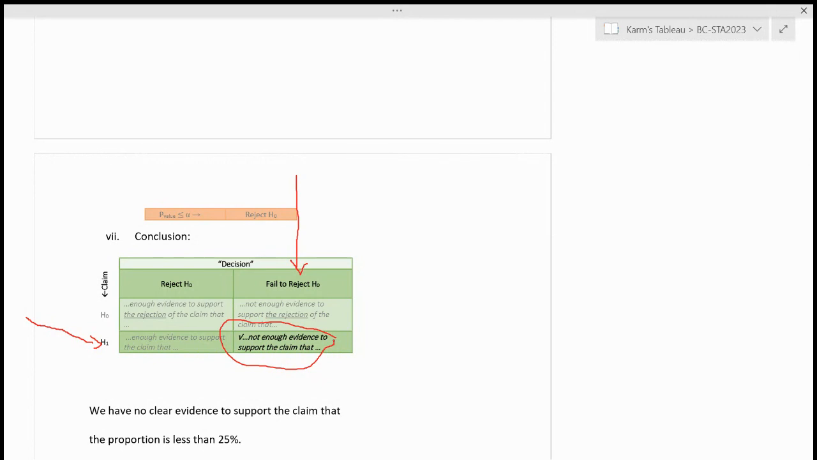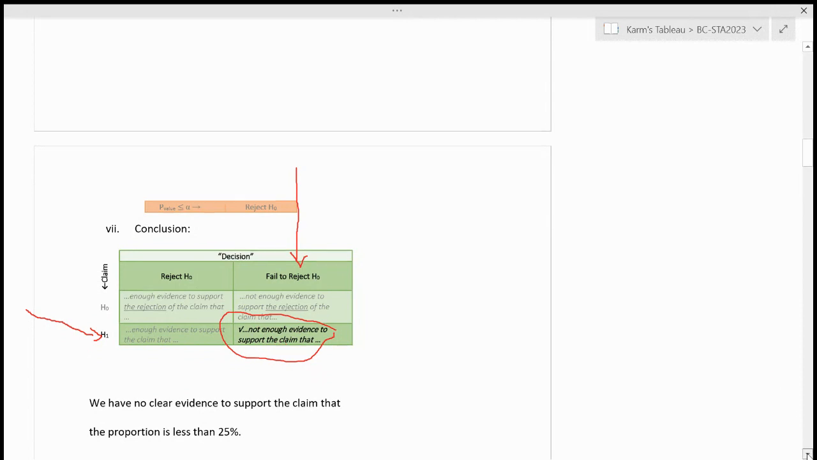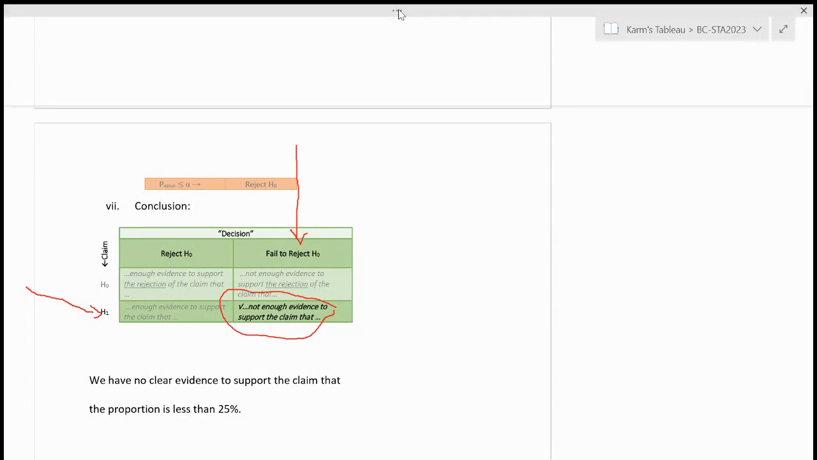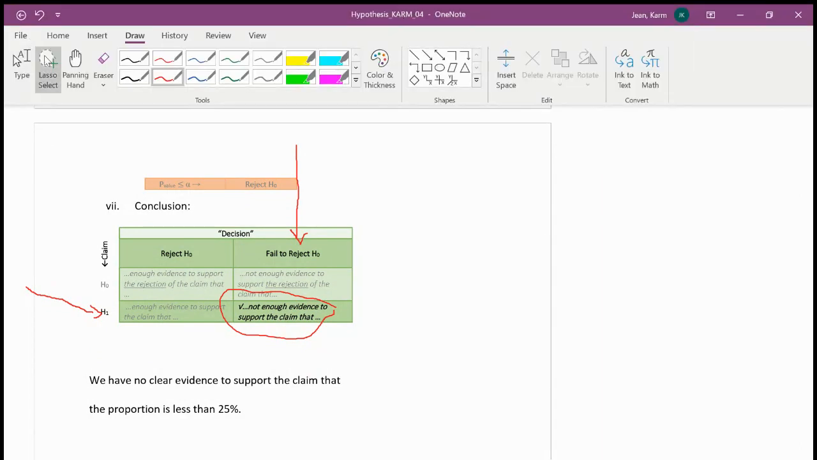I like the way you do it, Kimberly. So not evident to reject H0. Okay, kind of, but the claim is on H1. That's how you're gonna do it. That's why I gave you a little table to help you out. So you're gonna say we do not have enough evidence to support the claim. Okay. Another road. Yes, that's what we say. Okay. Another road,